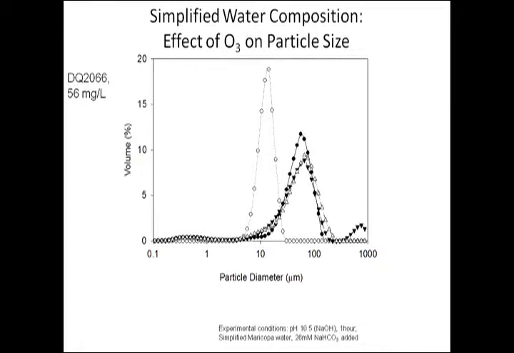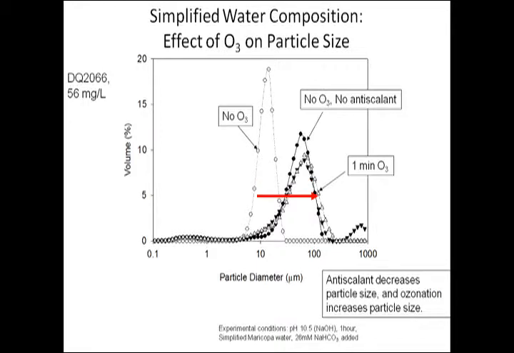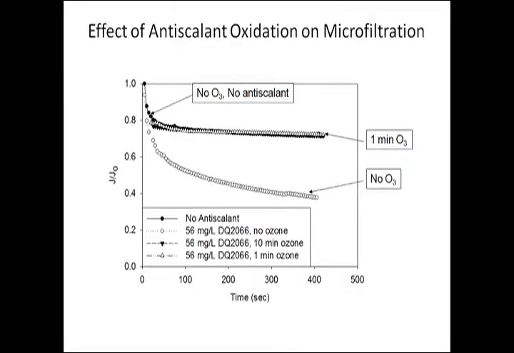I'm not going to bother with this slide. I think it basically just shows why this works, why this next slide happens. But what happened again now, she went to do ultrafiltration membrane as the solid-liquid separation device, and again, a high flux is a good thing here, and a substantial flux decline is bad, and you can see that without the addition of the ozone, you got a substantial flux decline, whereas with the ozone and the antiscalant, you basically got the same thing as if you had no antiscalant at all, which meant that the process of antiscalant oxidation worked, and that you could then get good removal in a subsequent